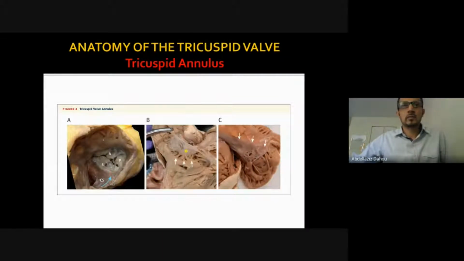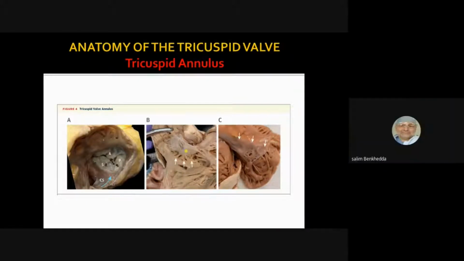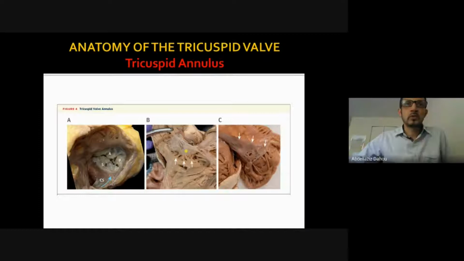Of course, the septum cannot dilate towards the septum. An important structure surrounding the posterior aspect of the tricuspid annulus is the coronary sinus here with the blue arrow. If you are seeing the coronary sinus on the echocardiography, that means you are looking at the posterior aspect of the valve close to the commissure between the posterior and the septal